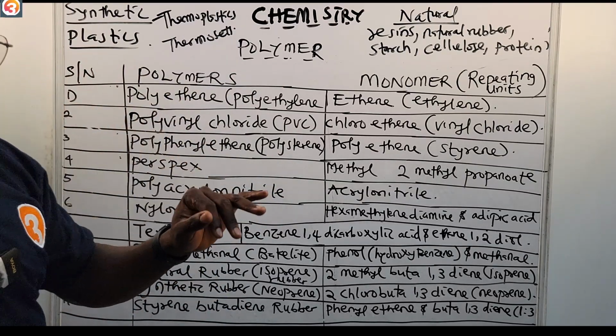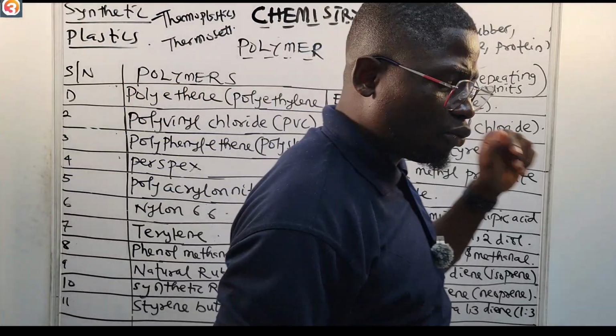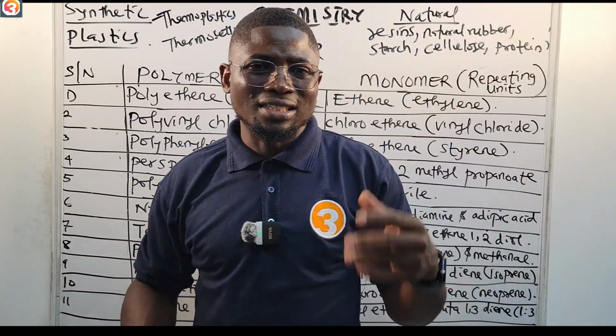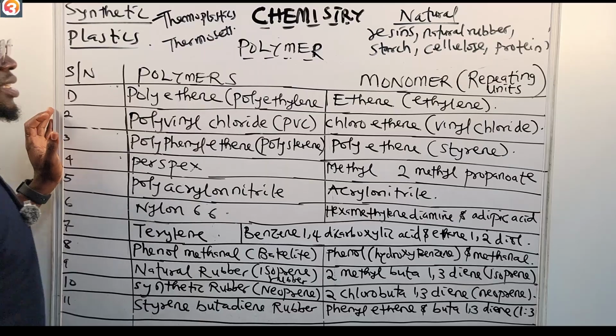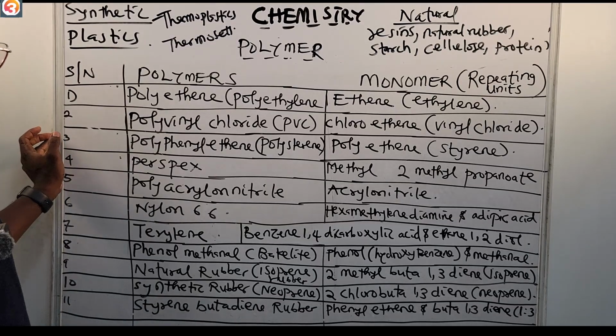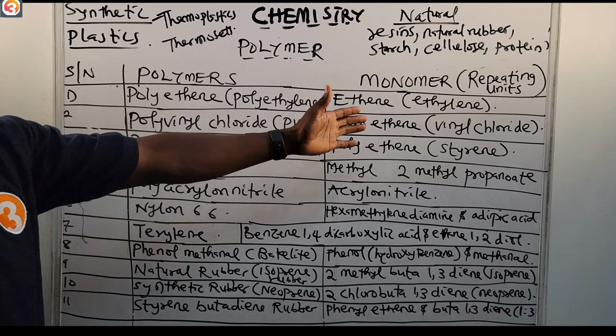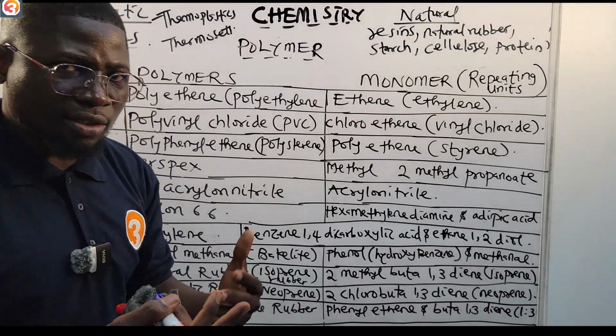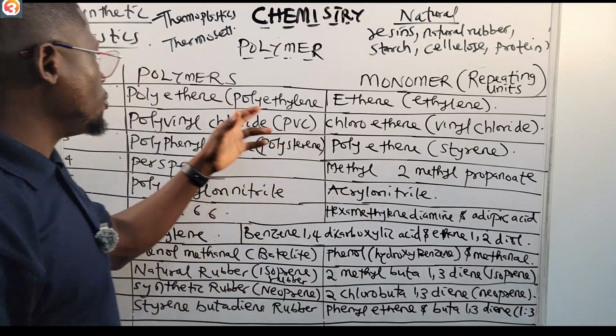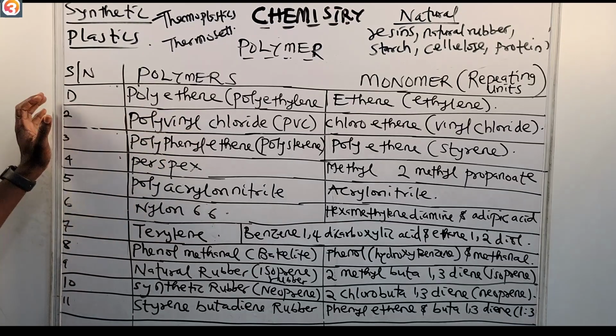board today. And they are exam questions. These are questions that come out in your exam a lot, so please, you should not sleep on them at all. Examples of polymers and their monomers. Monomers are the repeating units, the smaller units that make up these polymers. So now, example number one is